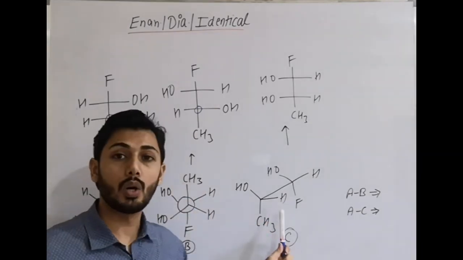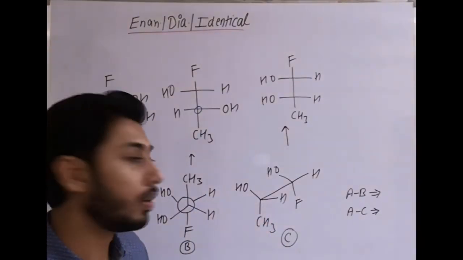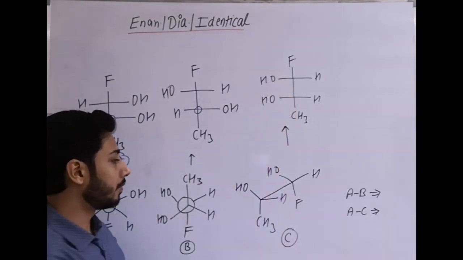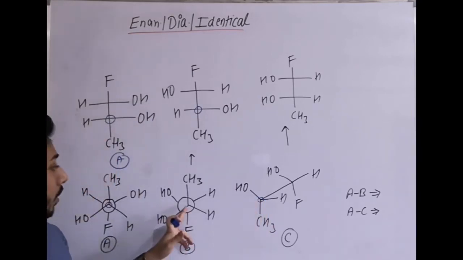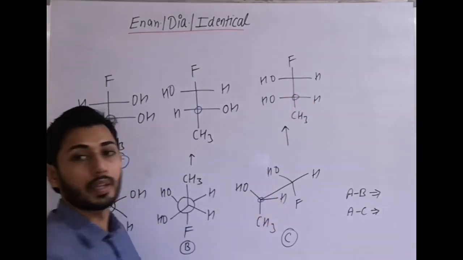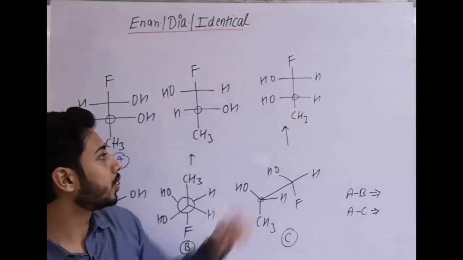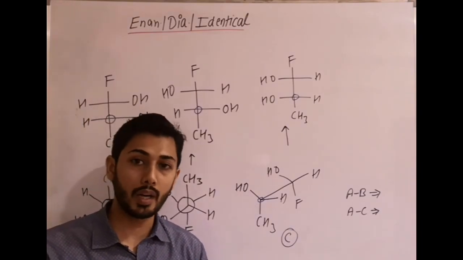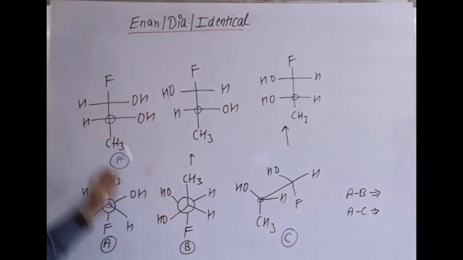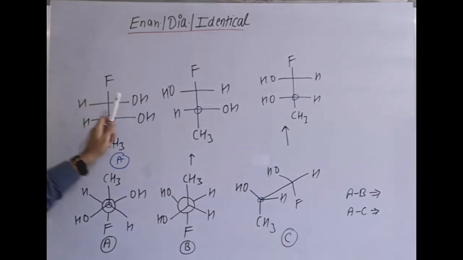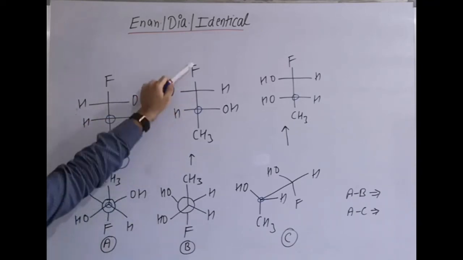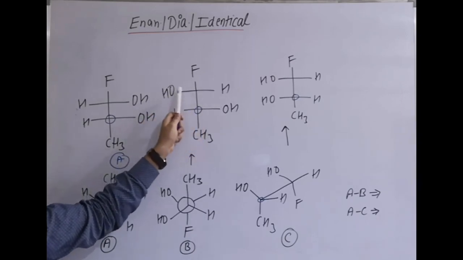Similarly, here it is a sawhorse. In sawhorse, it is already the eclipsed form: CH3 in front of F, OH in front of OH, H and H. Write it down. The front carbon in sawhorse, just like in Newman, is the lower chiral carbon here. Done. Now you can write the projection. Now compare them. It is very easy. One way is to find it by RS, which is not required here, because simple structures are given. Vertical line groups are fixed. On the horizontal line, in one case both groups are on the same side, both H same, both OH same. Here vertical groups are on the same side, no problem. Only horizontal groups are opposite.